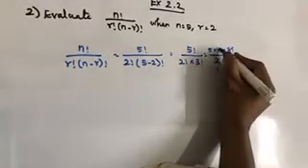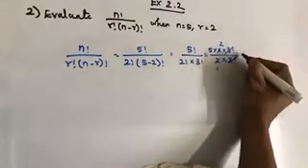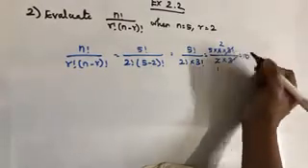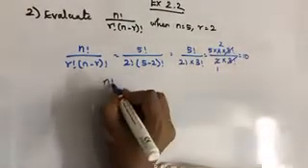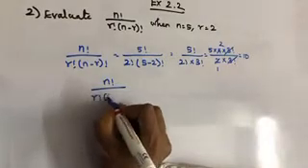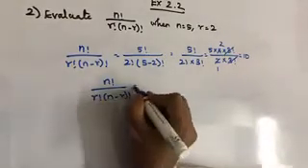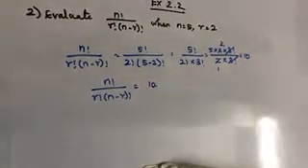Similarly, 1 2 is 2, 2 2s are 4, so 5 2s are 10. So n factorial by r factorial into n minus r factorial is equal to 10. Okay. Now the third one,